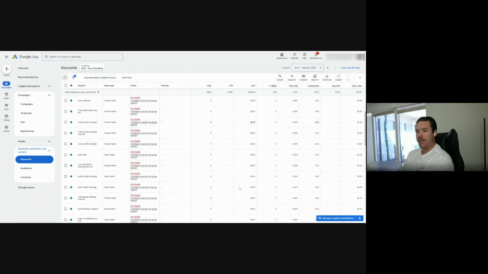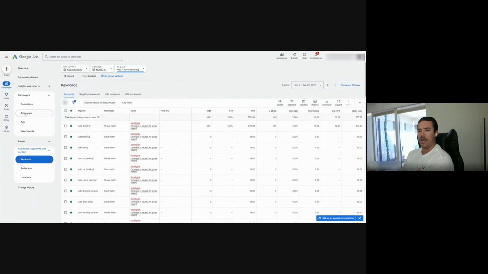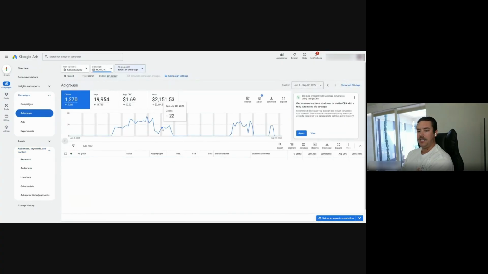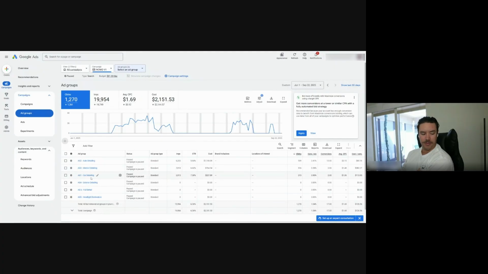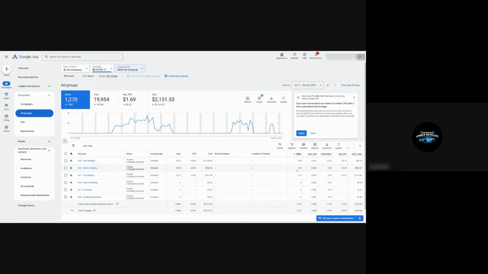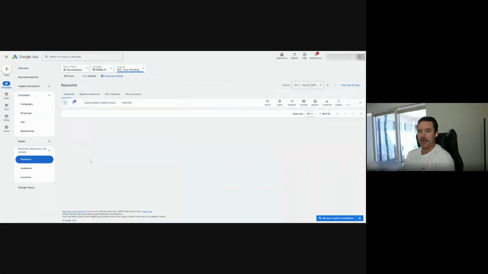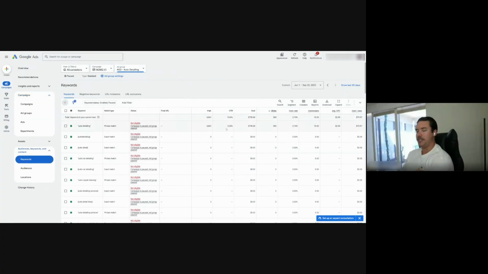One big thing to notice here is, when I go back to your ad groups, you have 6 ad groups here, but spend has only really gone to 3 of them, and if you really look into it, spend has really only gone to like 2 of them, right? For the most part. So keep that in mind. And then on auto detailing, keep in mind how all the spend here has gone to just one keyword as well. So just keep that in mind for now.